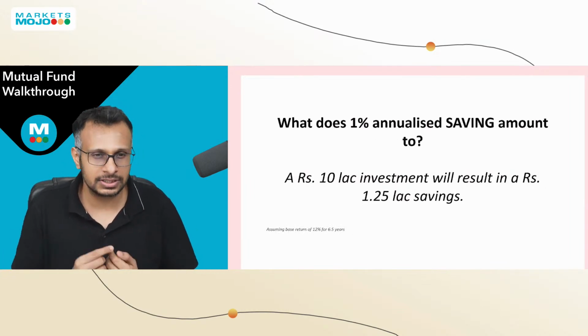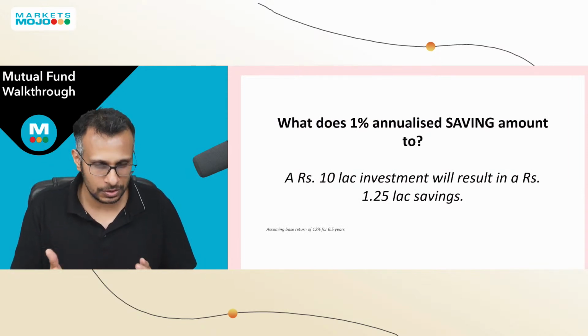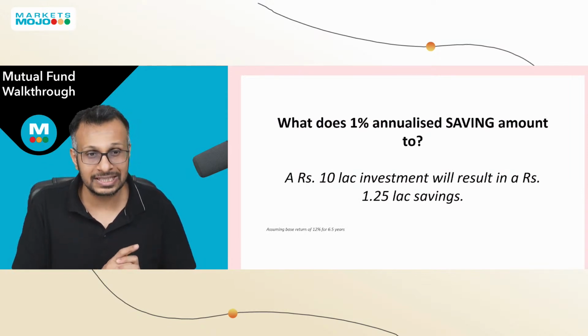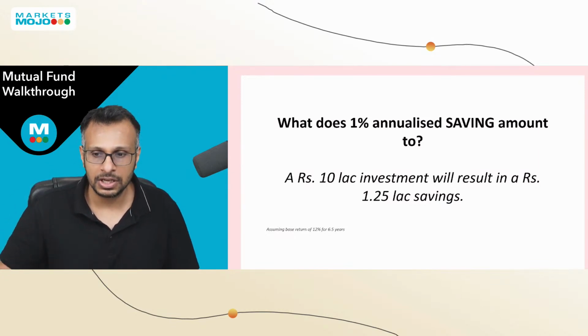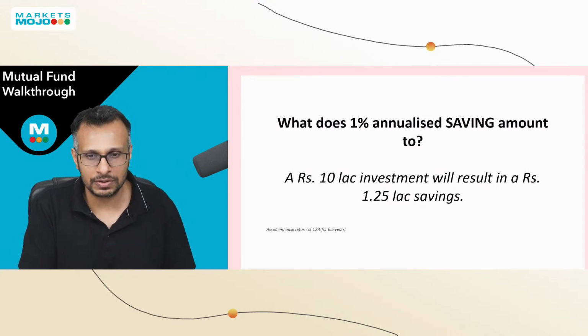And you're saying, okay, 1%, how does it really matter? Even a 1% annualized saving, now this is annualized, so it keeps compounding over a period of time. So even this 1%, if you've invested 10 lakhs over 6.5 years